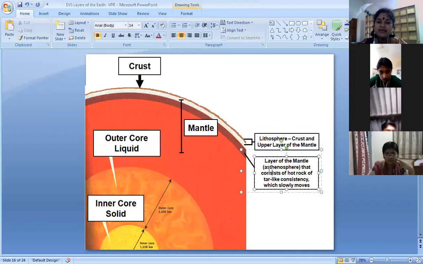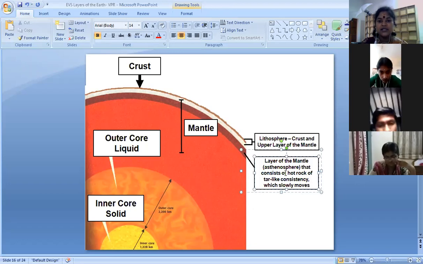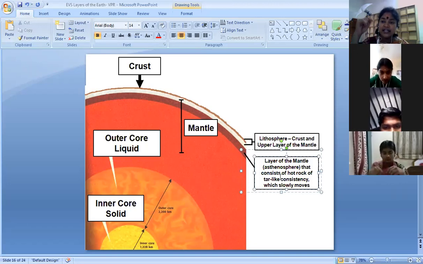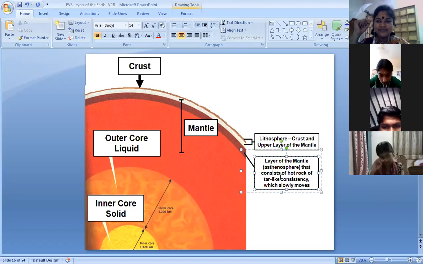Then the layer of the mantle, that is asthenosphere. Look at this. Asthenosphere consists of hard rock of tar-like consistency. Tar, in Tamil also we call tar. And the tar is hard. And the hardness we could see. See, again I can tell you, can you guess all the mountains, how they would be once? All the mountains were once